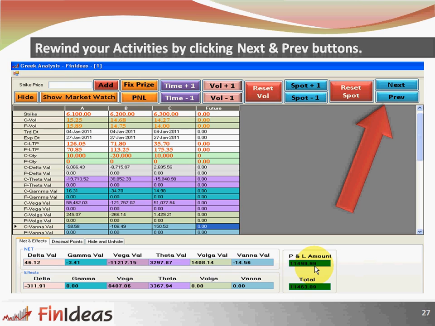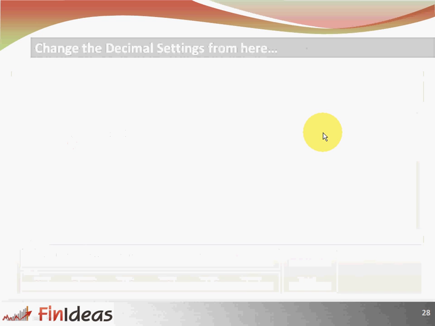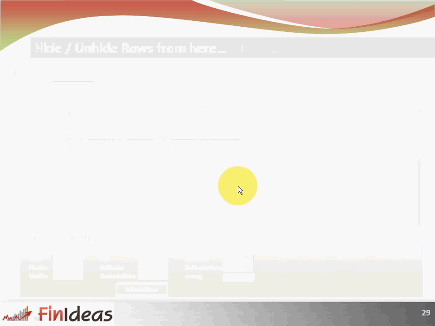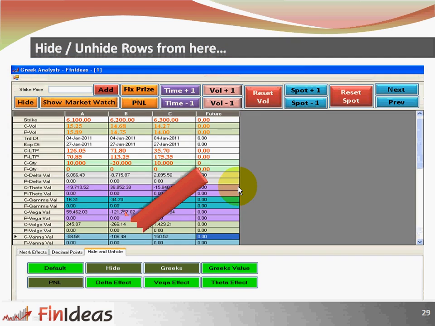You can rewind your activities by just clicking the next and previous buttons. You can change the decimal settings by the decimal setting form. Hide and unhide rows from here.